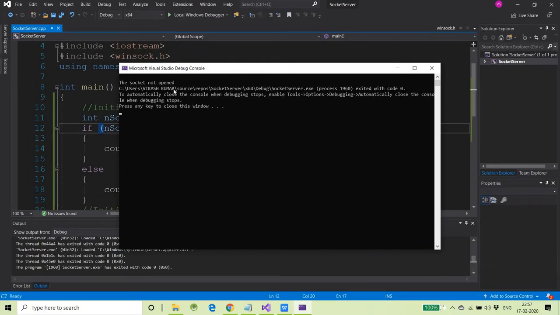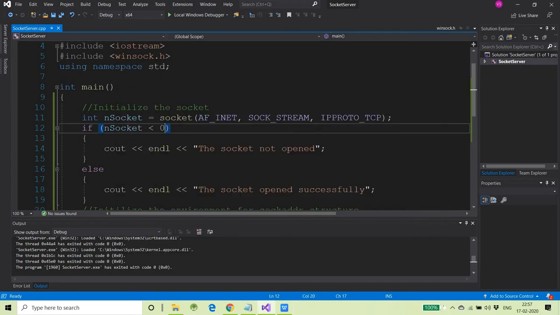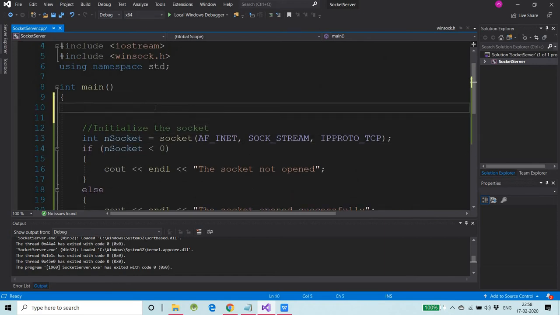Okay, if I run this, it shows me the socket not opened, right? So it means this socket system call has returned -1. Well, where did we make the mistake? Where have we made the mistake, right? The mistake is that when you're writing a socket program in Windows, then you first need to